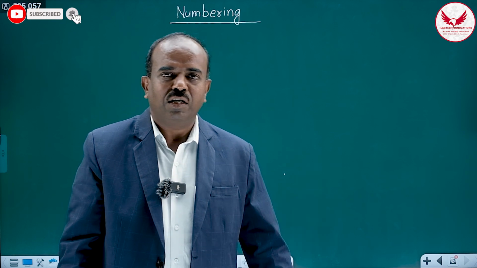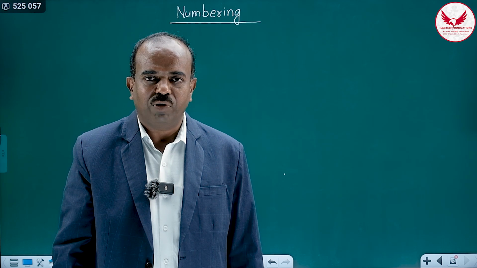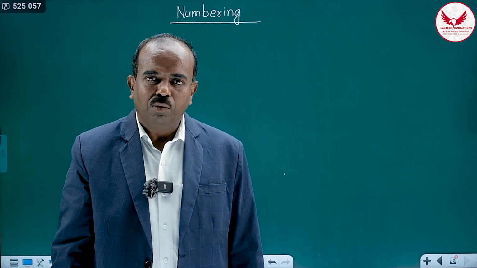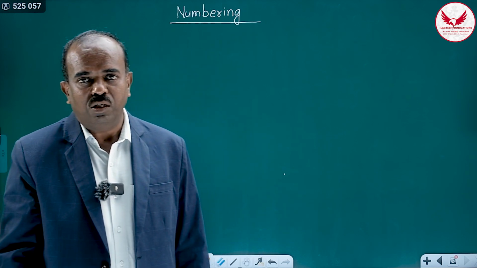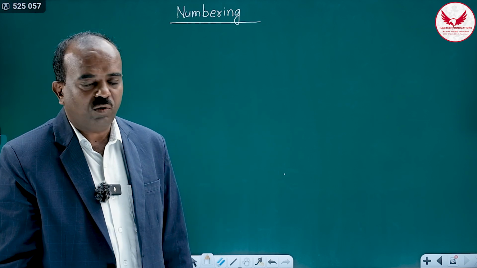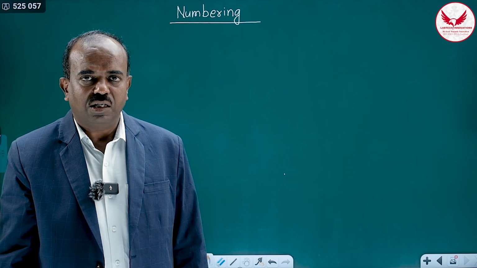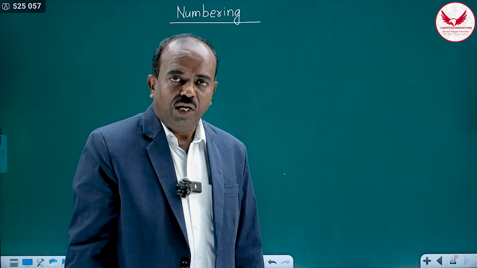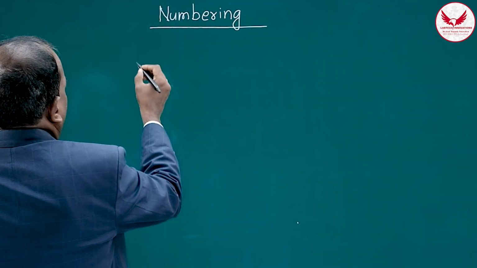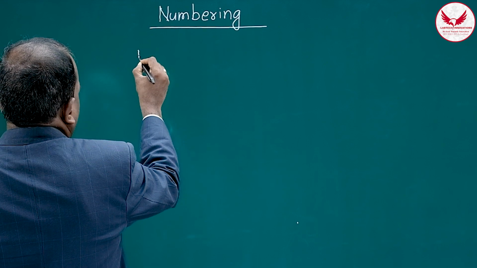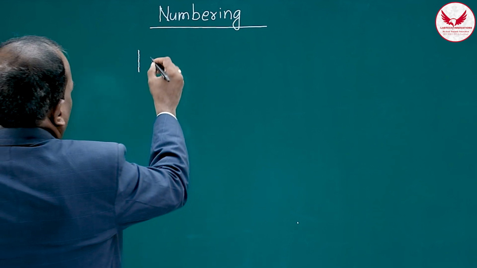One more basic requirement of graphics is numbering. Generally everybody neglects this, but it is very important to number things and to dimension the object. Writing 1 to 10, or 1 to 0, is very important, and we have to write it in an excellent way. Then the presentation will be excellent. I'll explain what care we have to take while numbering. So how should we write 1? 1 should be simply a vertical line, a simple vertical line. It's 1. Then 2,